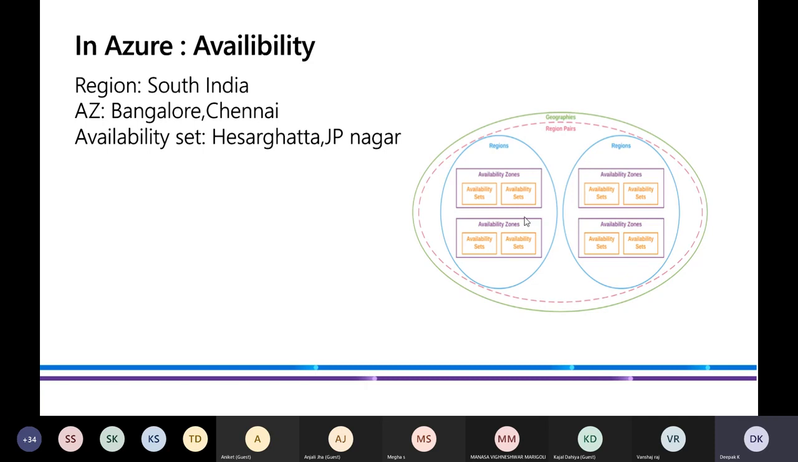So here, on the right side, if you're able to see, it's a lightish color. They are giving a geography. Geography is like Earth, I mean the continents, countries, whatever it may be. There are three things: region, availability zones, and availability set. I can tell you an example. Your website should be hosted in South India. Having multiple data centers, it can be in Bangalore and Chennai. The particular data center, suppose you choose Bangalore, should be either in Hesaraghatta or JP